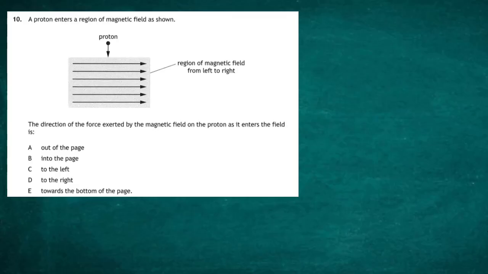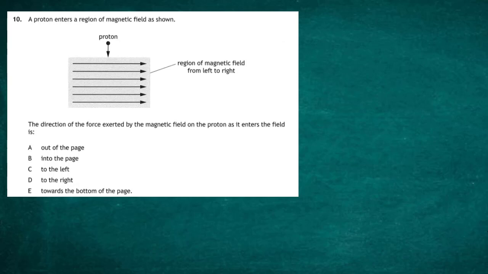Question 10 from Paper 1 of the 2022 Higher Physics exam from the SQA. A proton enters a region of magnetic field as shown. The region of magnetic field is from left to right and the proton is moving down the page. And we're asked to find the direction of the force exerted by the magnetic field on the proton as it